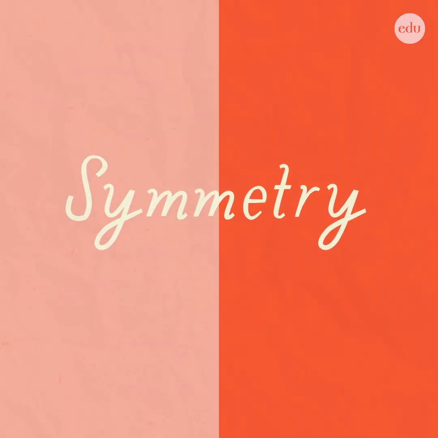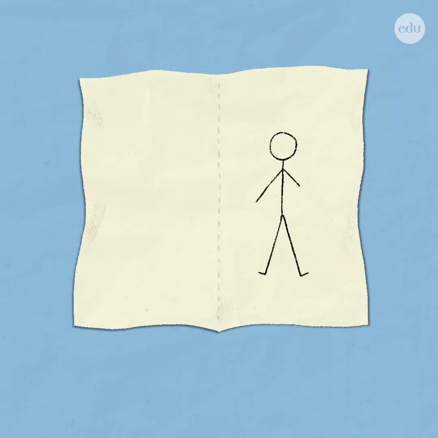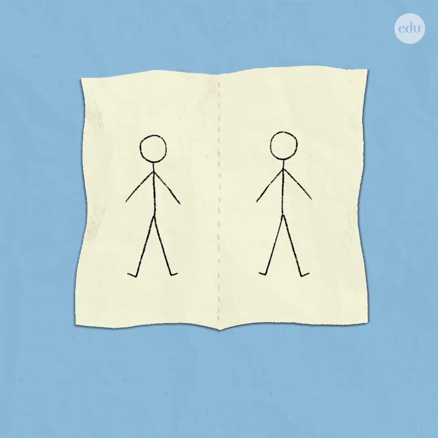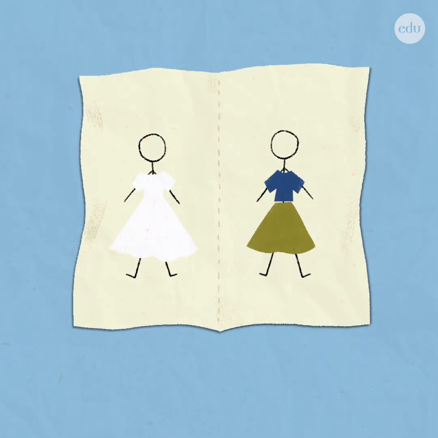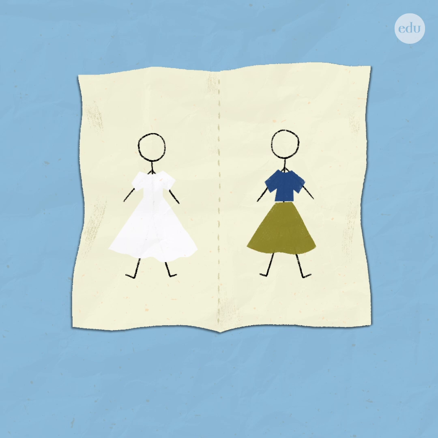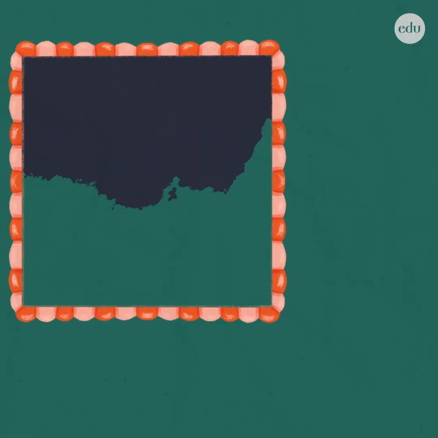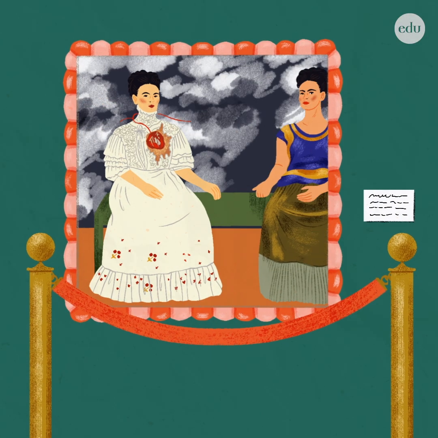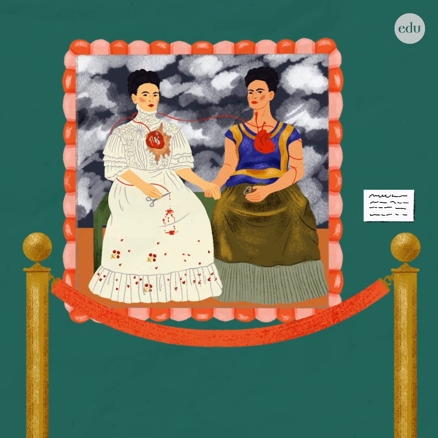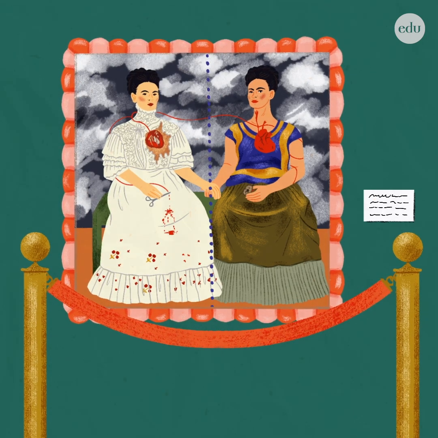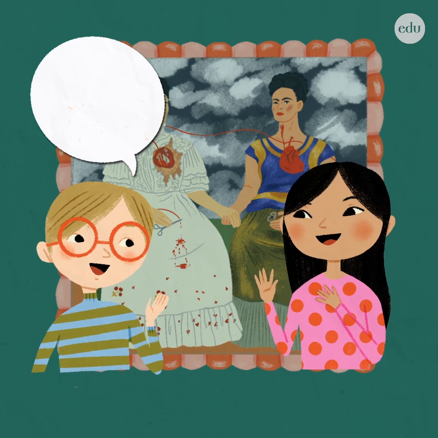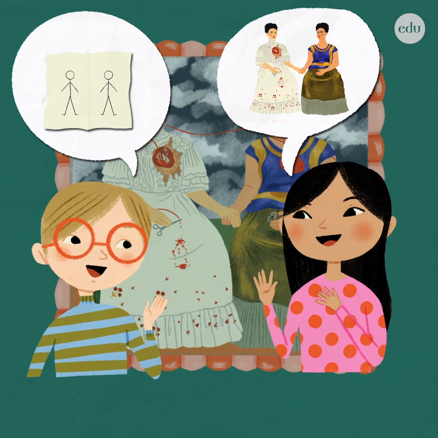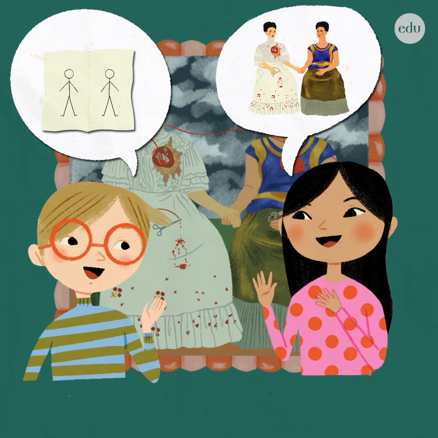To teach symmetry, first we need to make sure that students know that symmetry is balance on both sides. Some pieces of artwork show symmetry, but in a way where it's not exactly perfect or the same image on both sides. Like with the two Fridas, you can see that Frida Kahlo modeled one half of the painting after the other. However, the clothing is different, and you can get into discussions about the true definition and when can we say it's still symmetrical or not.